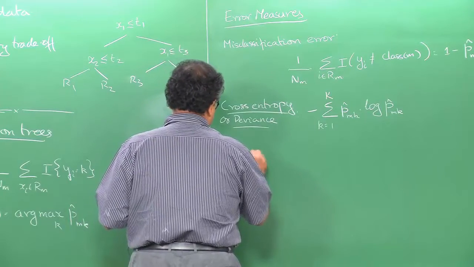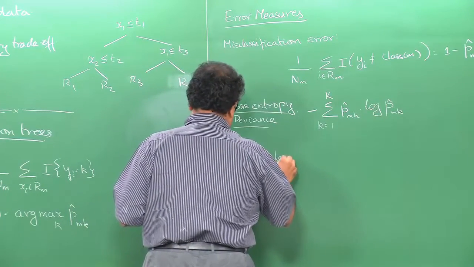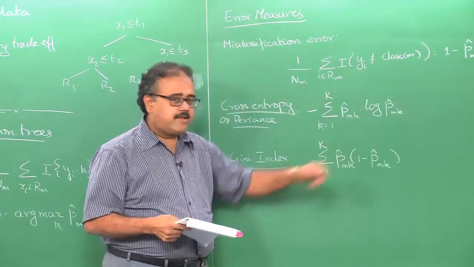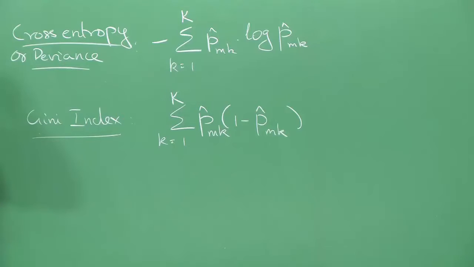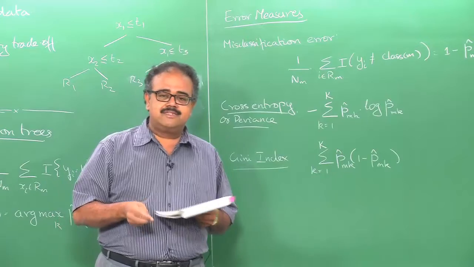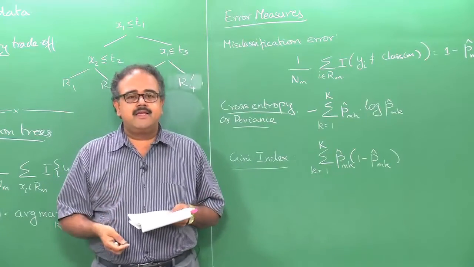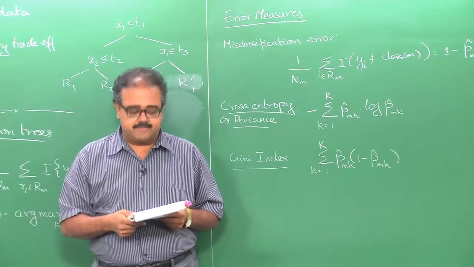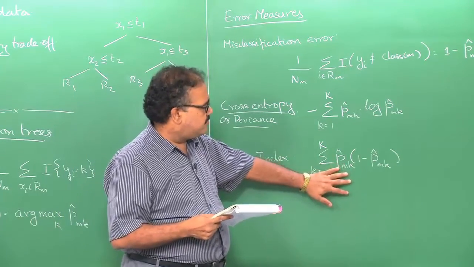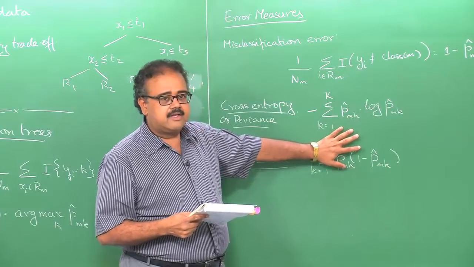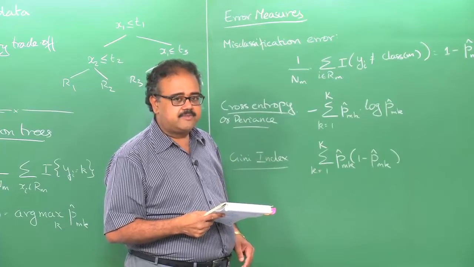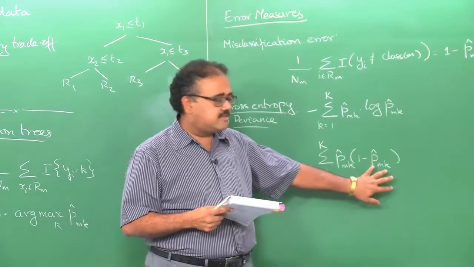Last one is the Gini index. It is given by the expression p hat m k into 1 minus p hat m k, and it is actually a measure of the disparity in the population of distribution of variables, right. So, if you think about it, this is the probability that the label k appears in the distribution in a particular region M, and this is a probability that the label